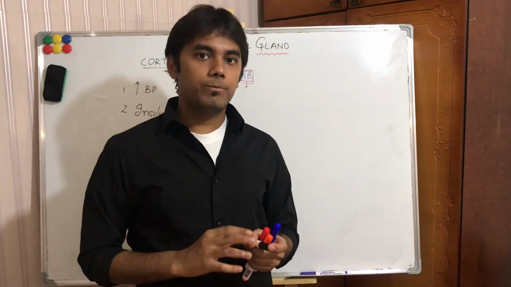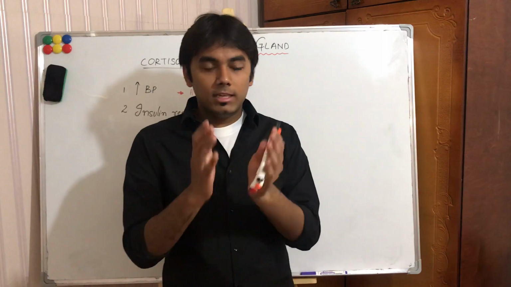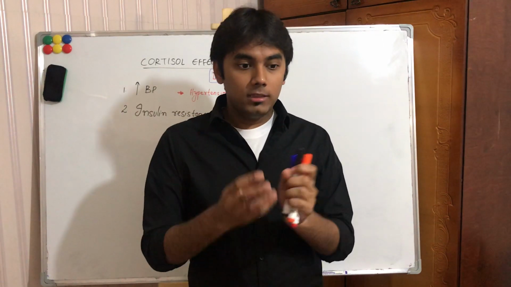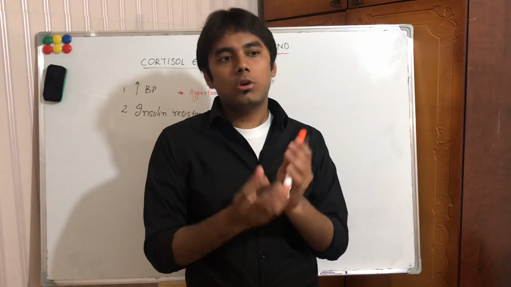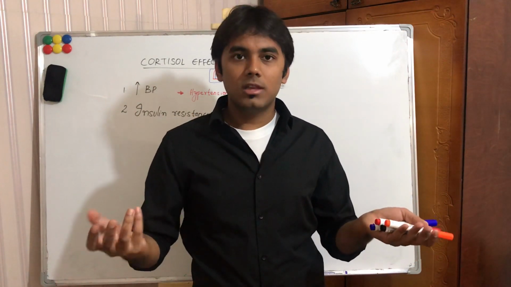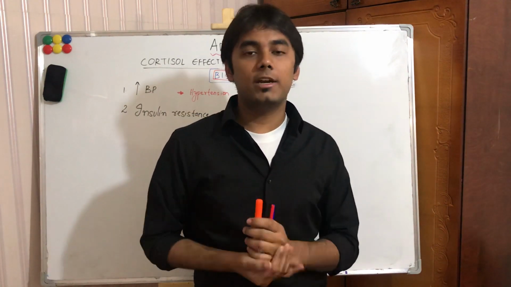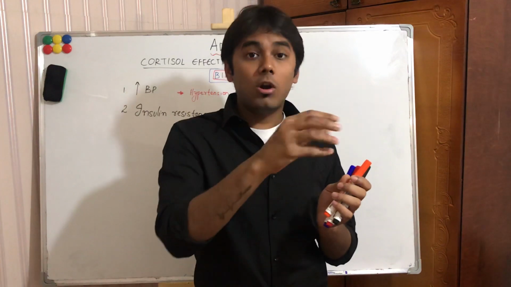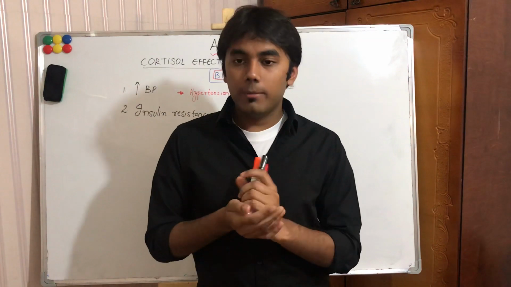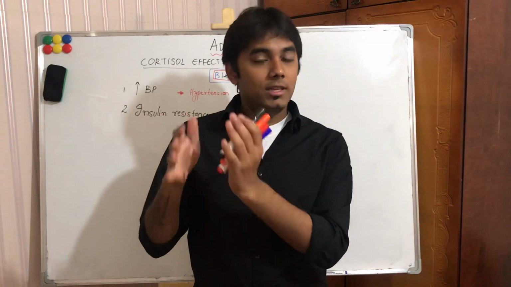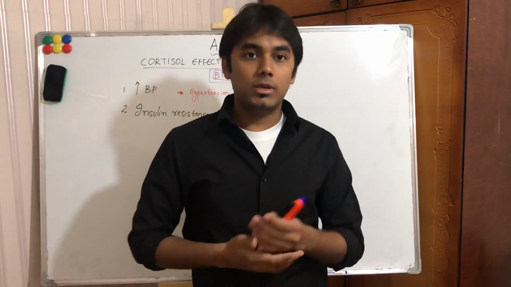In type 2 diabetes, okay, let's first talk about type 1 diabetes. In type 1 diabetes, there is glucose in the blood. We need to send this glucose into the cells, because when glucose is outside in the blood, it is useless. When it is sent into the cell, the cell uses this glucose and generates energy. So who is ordering the glucose to enter into the cell? It is the insulin. But in type 1 diabetes, as the pancreas is damaged, insulin is not released, so there is no one to order the glucose to enter into the cell.